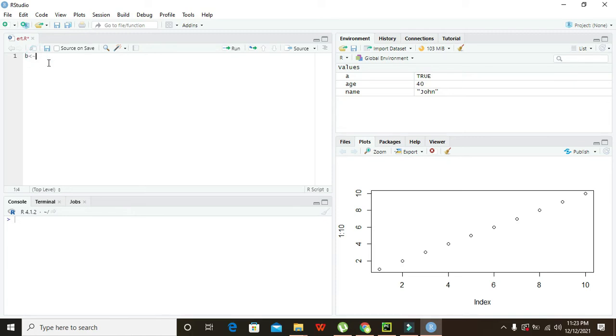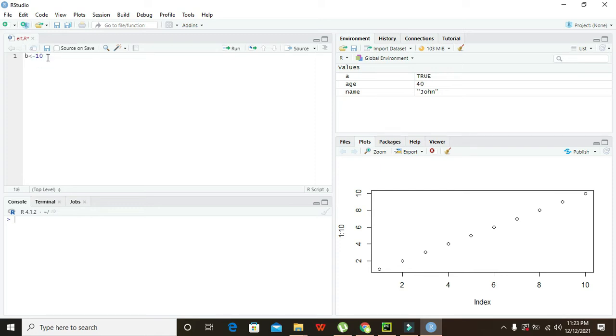So if you write any number like 10, what will happen? The R language will directly assume that the variable B is of numeric data type, an integer data type, because it is assigned a number, which is numeric data.